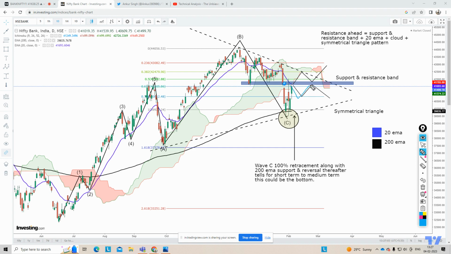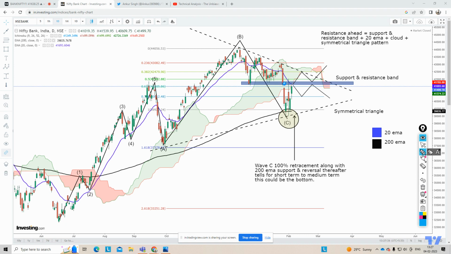Either it does a time pass over here, consolidates, takes a resistance, and does some time pass. But based on the moon cycle also, on 5th of Feb, there is, I think, a full moon. Full moons are also known to create bottoms in the market, and until the next time cycle starts, I'm not showing that moon cycle and time cycle here right now, but just to add on, it makes a good support and bottom in the market, and then until the next time cycle starts, no top is formed.